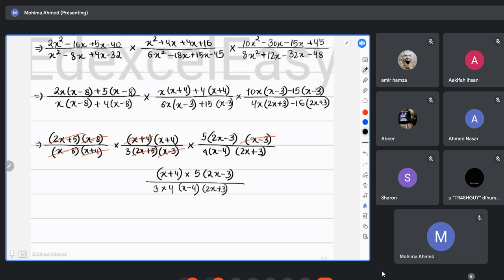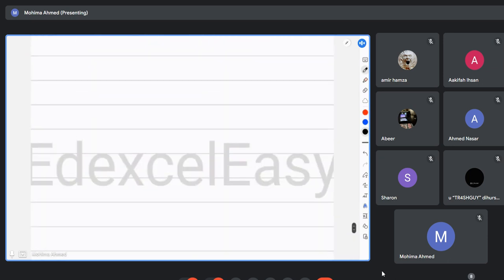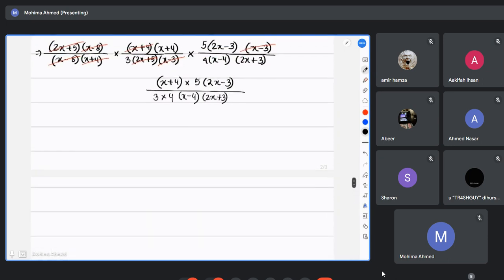If you move back to your question, they were asking you to keep this entire three fractions as one single fraction, right? This is in a one single fraction, but this is not in a simplified way. You would have to more simplify it. So for that simplification process, I need more space. 1 minute.